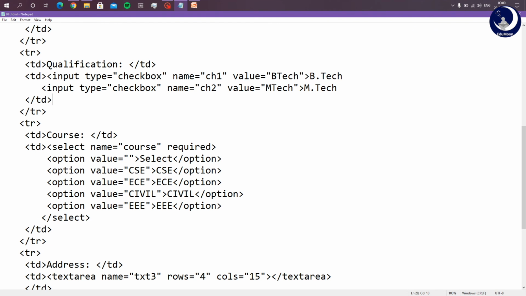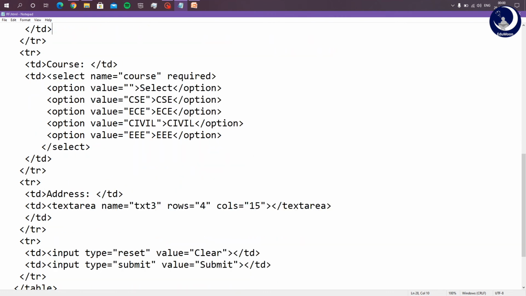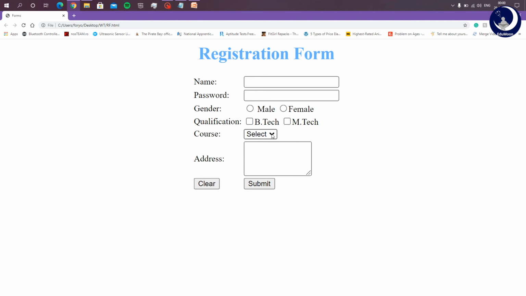To create a drop-down list, I have used the select tag and I have set the name as course, and I have specified it as a required field. When I specify it as a required field, without selecting any of the options given, the form will not get submitted. See here, I have not selected any of the options in the drop-down list.